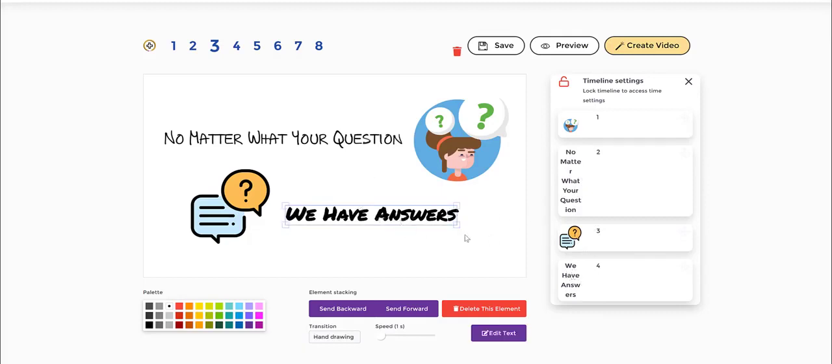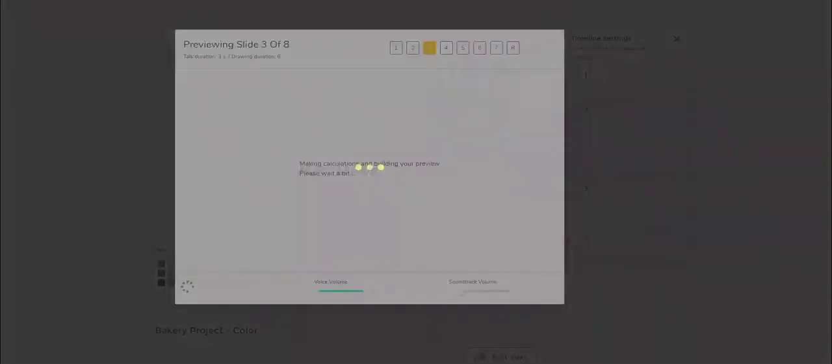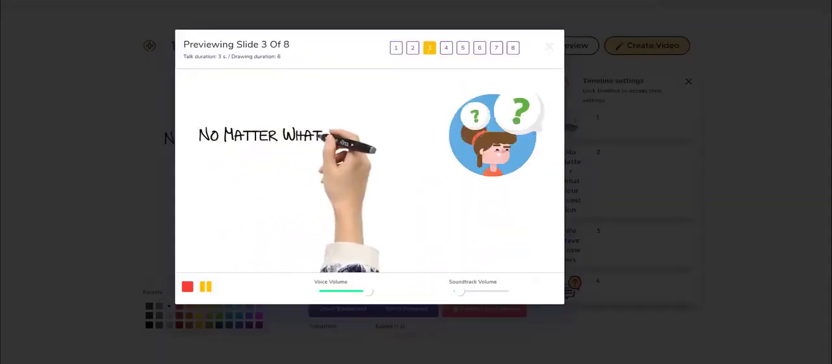If, let's say, I want it to appear after this particular element is drawn, well, that's what I'm going to do now. So I'm going to make sure this one goes to fourth, and then we completely change the timeline, as you can see here. So that's how you can quickly and easily change things over. And if I now preview the same thing,